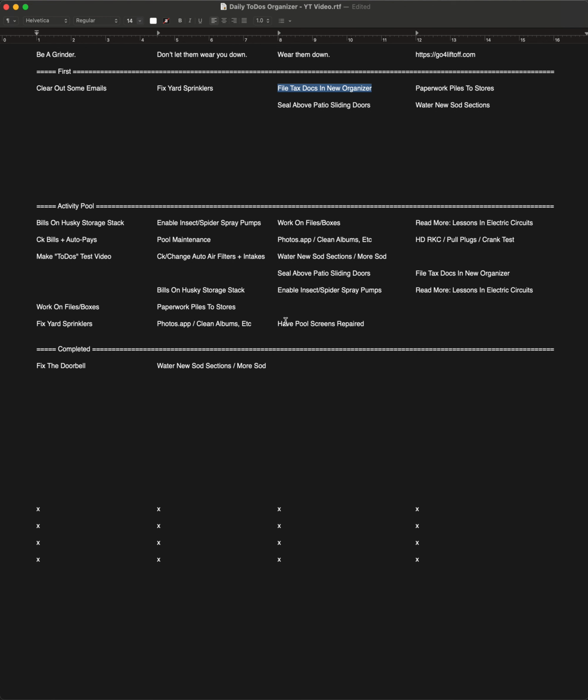And we need to have our pool screens repaired. We'll put this up here. I'm going to left arrow down to highlight that and just put call to have screens repaired. Edit that a little bit to make it a little more clear. And maybe today we will